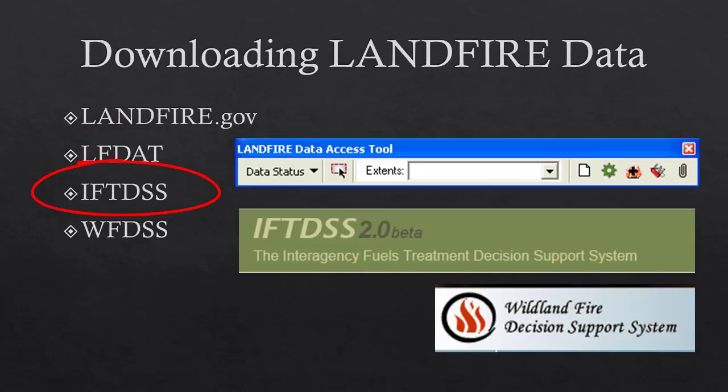IFTDSS, or Integrated Fuel Treatment Decision Support System, is a web-based software and data integration framework that organizes previously existing and newly developed fire and fuel software applications to make fuels treatment planning and analysis more efficient and effective. IFTDSS requires a login, which can be easily obtained. Getting access to LANDFIRE data is very simple, but again, the current version of LANDFIRE data is not yet available